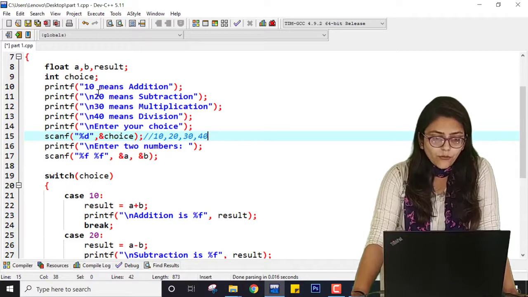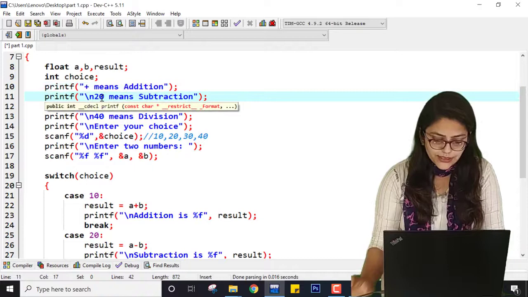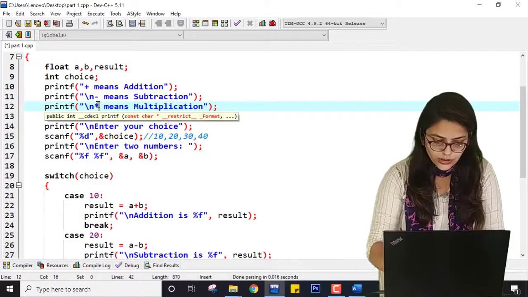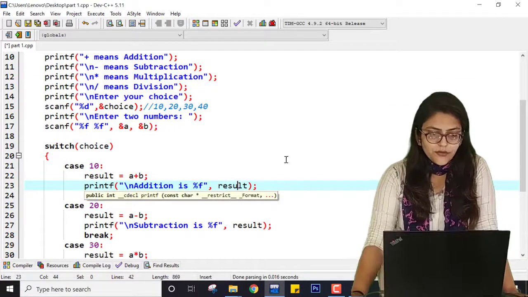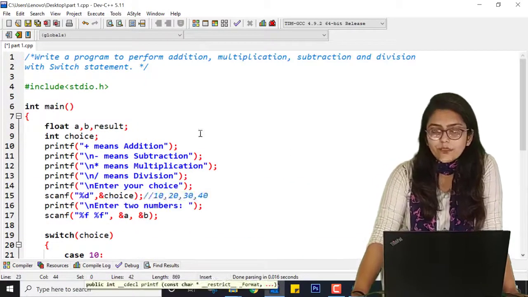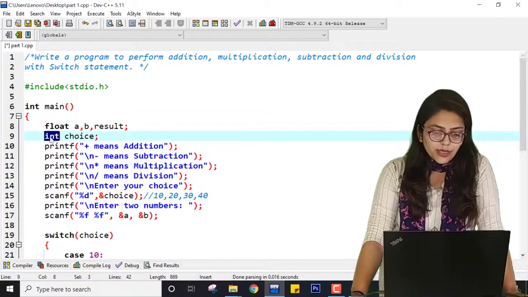But now what I want is to add plus, that means addition, minus means subtraction, star means multiplication, and slash means division. I want this kind of code. So here plus, minus, star and slash are nothing but characters.